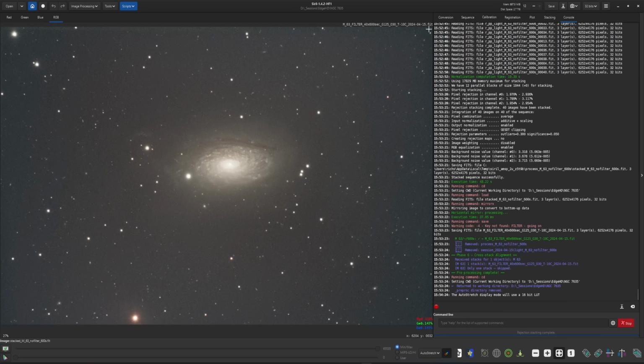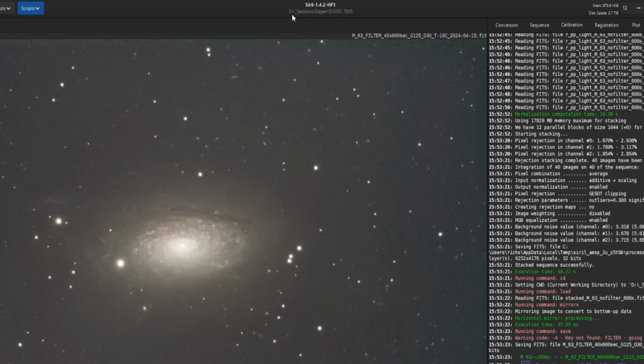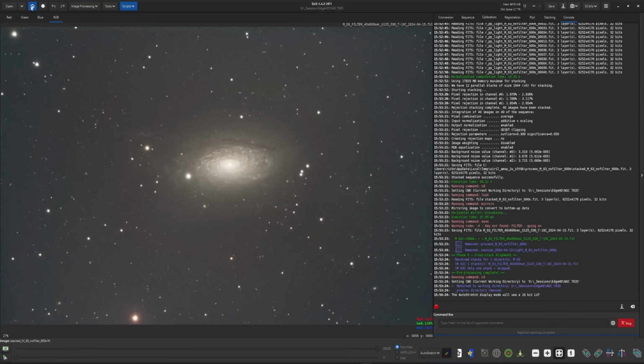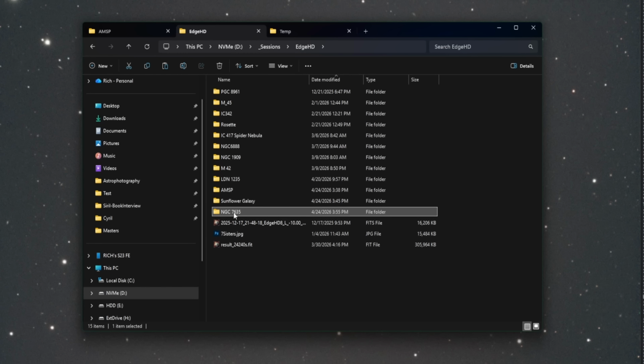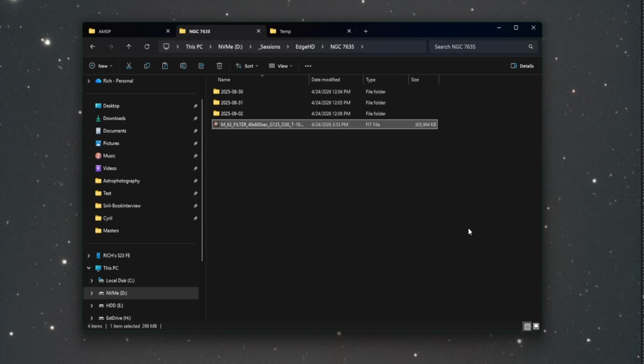Now, where it saves this depends on one of two things. My current working directory is D sessions edgehd ngc 7635. And obviously the home directory is set using our home button here. That's fine. So for this example, that is where it saved this file for me. So if I come over into my 7635 directory, there's my completed stack right there that is currently loaded in